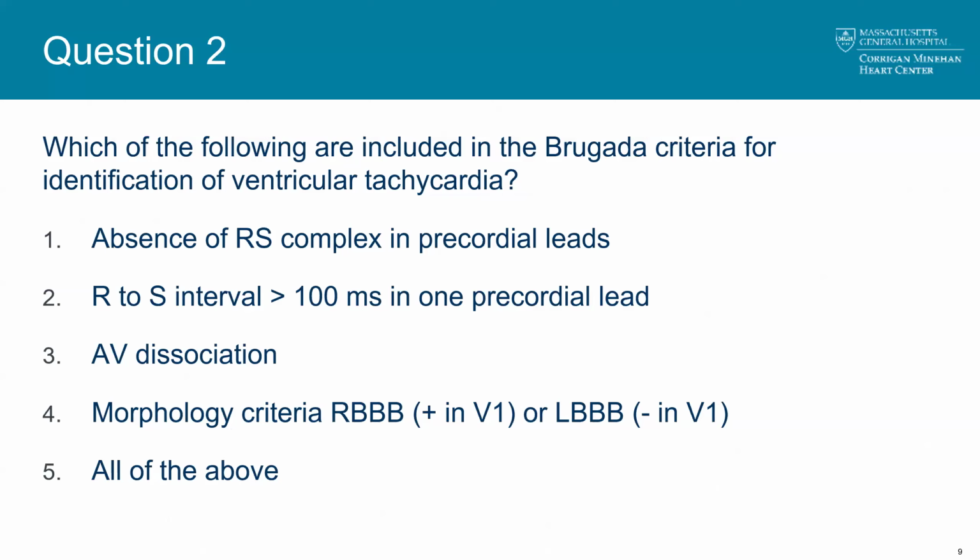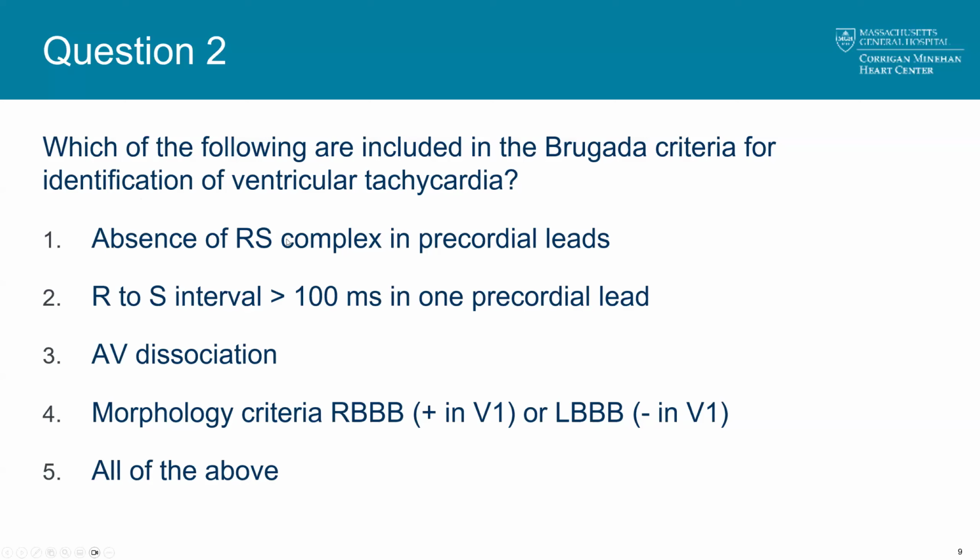So as you're going through, it's good to look at the QRS complex in detail to assess whether or not you see any evidence in the waveform of the QRS complexes that are more suggestive of ventricular tachycardia versus supraventricular tachycardia with aberrant conduction. And I'm sure you're all familiar with the Brugada criteria, and this next question intends to just review what is in the Brugada criteria for identification of ventricular tachycardia. So the question is just which of the following are included in the known Brugada criteria.